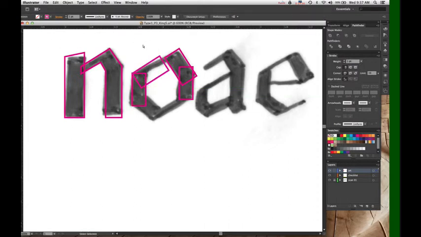And I'm going to make this the thinness that I want. So I want this to be thinner. And now I have about the right shape.